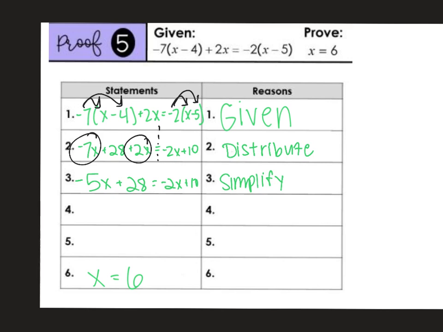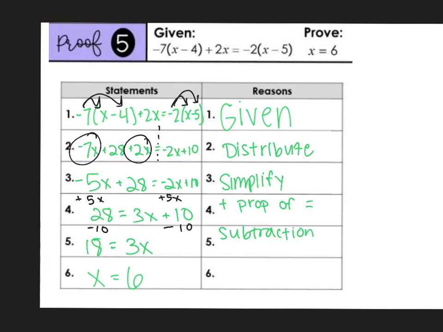And that's what we are left with once we simplify. Now we need to get all our x's on one side. You know I like to move my smaller x. Which means we have 28 equals 3x plus 10. We did that using the addition property of equality. Now we need to move that 10, so we're going to subtract 10 from both sides. 18 equals 3x. Now that's a subtraction property of equality, but remember,